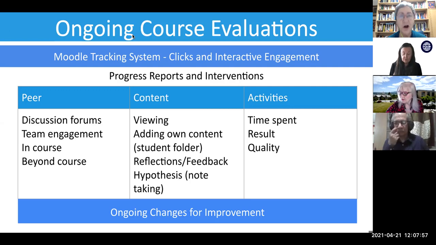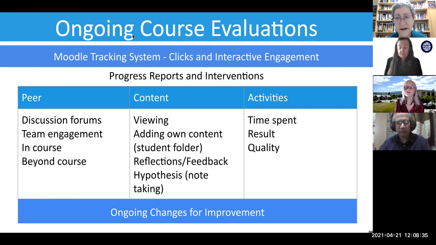So you don't just want to put content out there, you want to make sure that the content is being used. And of course, the activities, lots of activities, and you want your students to be actively engaged in all these activities. And I'm curious to know how much time they spend on the activities. If they spend very, very little time on an activity, maybe this is something that I can correct. And I can do this in an online course. I can actually make changes to suit the students. And this is what I mean when I say